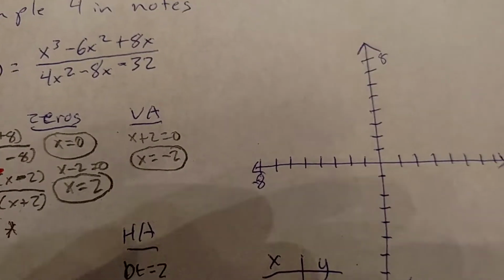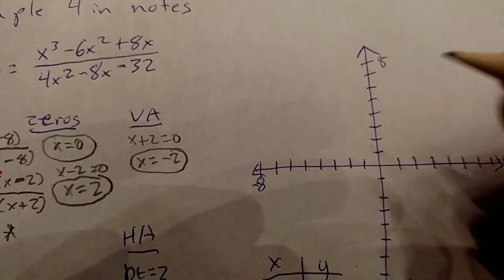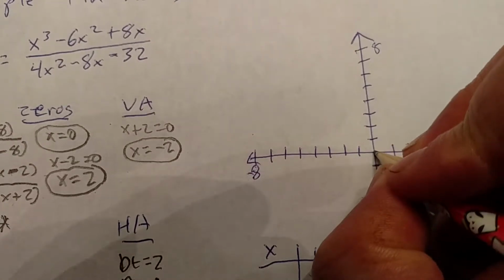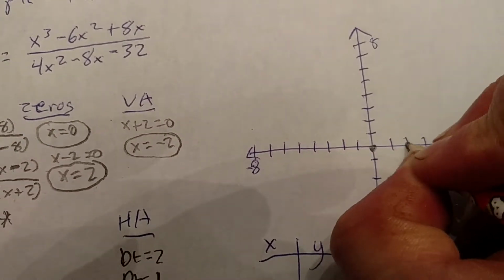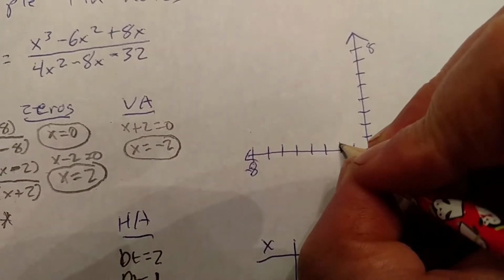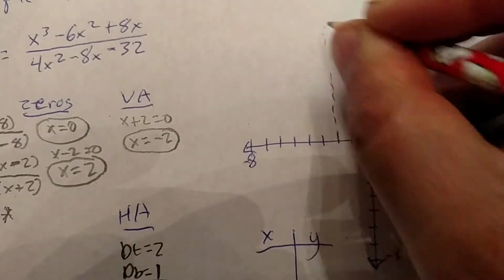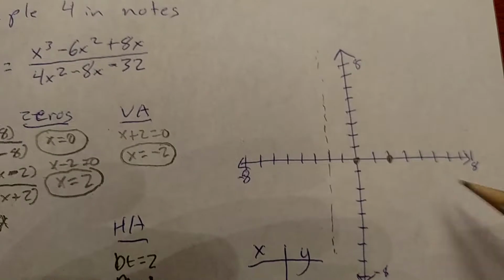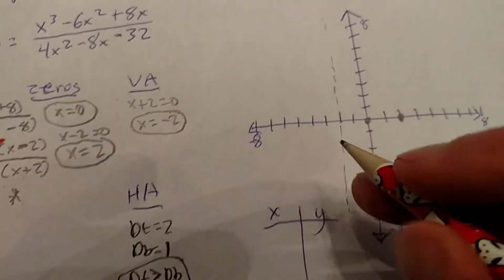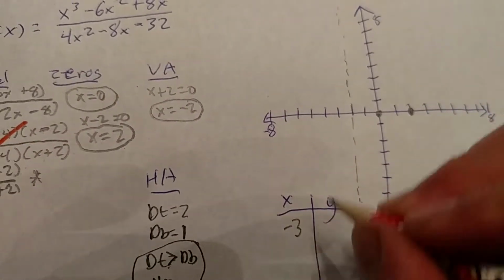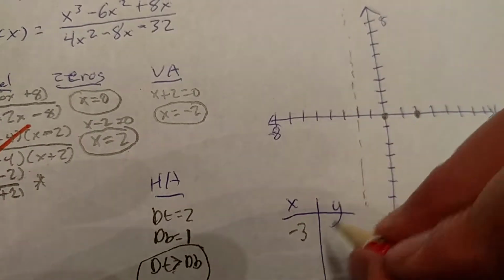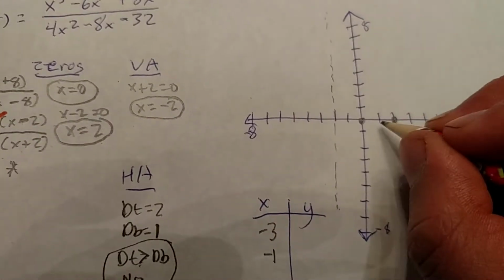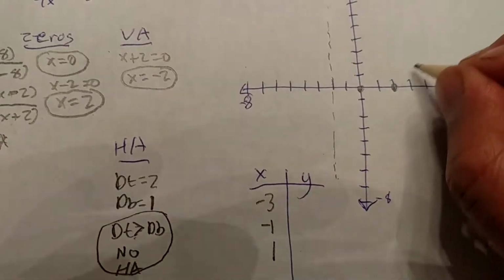All right, so we're going to go ahead and plot the zeros and the vertical asymptote. So the zeros are 0 and 2. The vertical asymptote's at -2. And no horizontal asymptote. So here I'm going to go ahead and pick my points pretty quickly. I'm going to pick -3 over here. Right here I'm going to pick -1. I'm going to pick 1. And I'm going to pick,